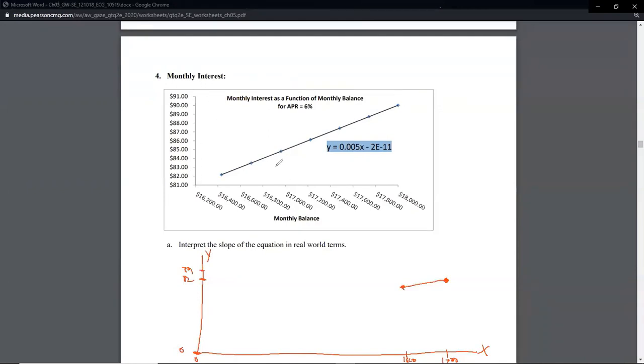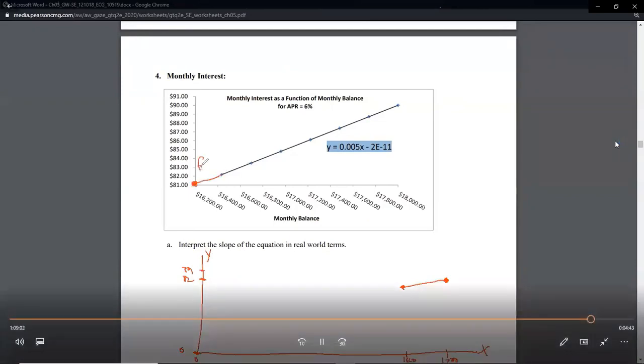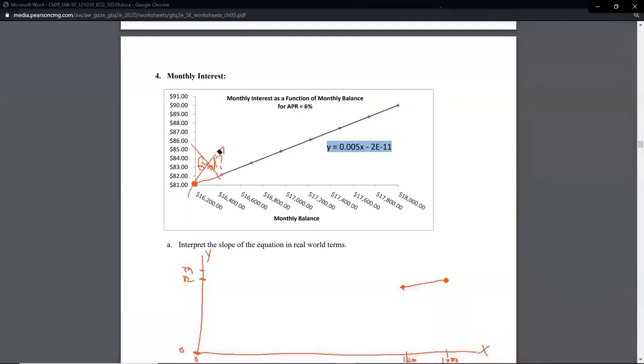So these are not traditional x and y axes, which means if you trace this thing back to here and tried to call that the fixed amount, it's not the fixed amount, in fact, because it's not on the y-axis. You would have to take this one down here and trace this all the way back to the y-axis, and this is not drawn appropriately, but if I did draw it appropriately, it would end up going to here. And that would actually make sense, because interest is a product of your balance and time.